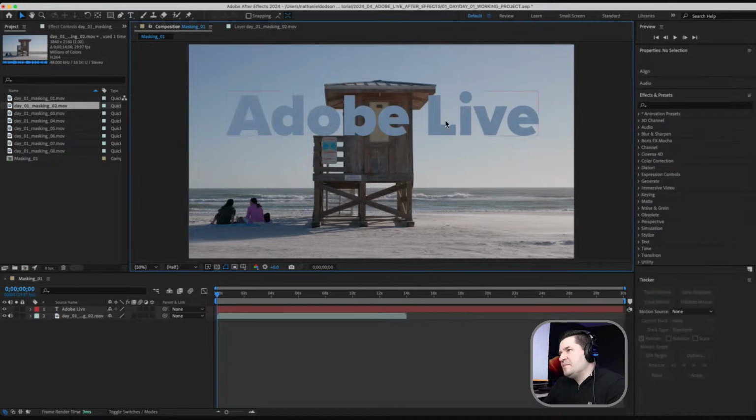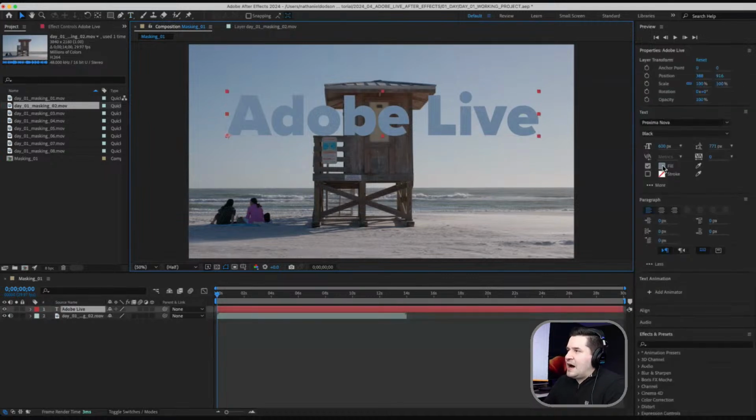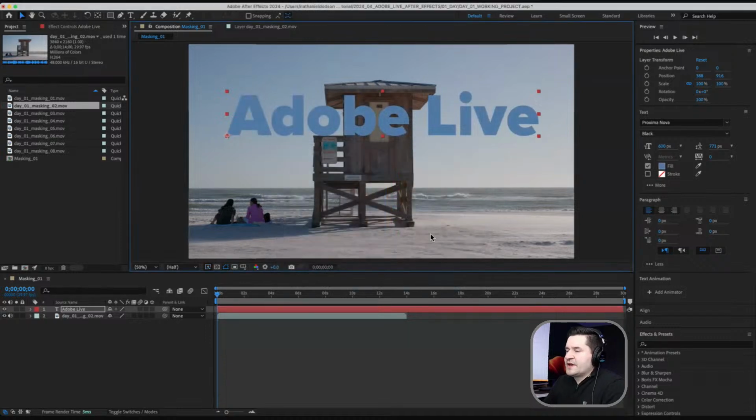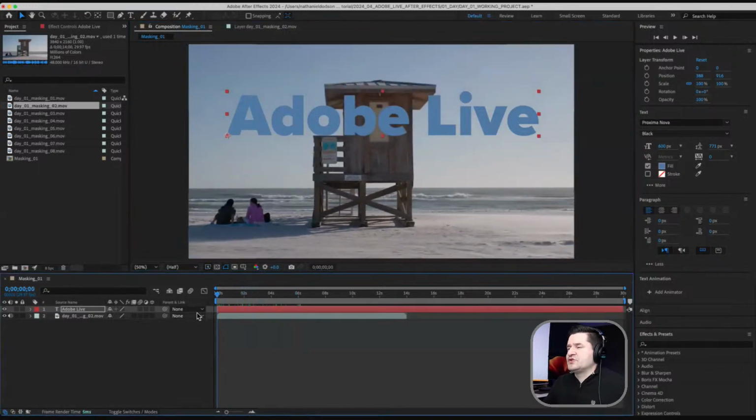And that's actually not bad, but I want it to pop a little bit more. So we're just going to change it a little bit more, maybe something like this. And maybe I want it to be a little lighter. Something kind of like that is all right. Hit OK. And now the idea is we want this text to wipe onto our screen, and this will be